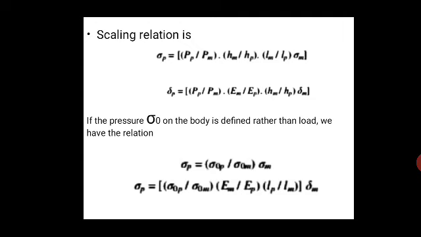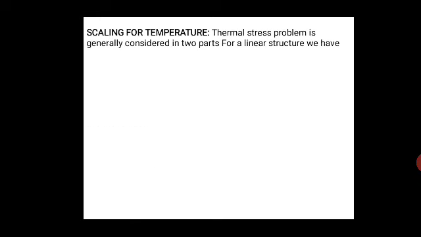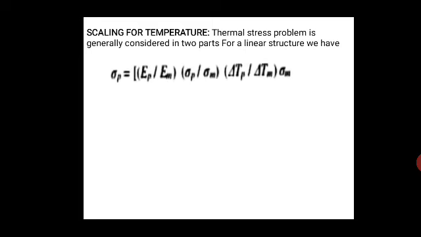The second method is the scaling of temperature. The scaling of temperature will be majorly for all the thermal problems. In a thermal stress problem, it is generally considered in two parts. If the temperature change delta T is known at all the points and the coefficient of thermal expansion alpha is given in a linear structure, we have for plane stress sigma P is equal to